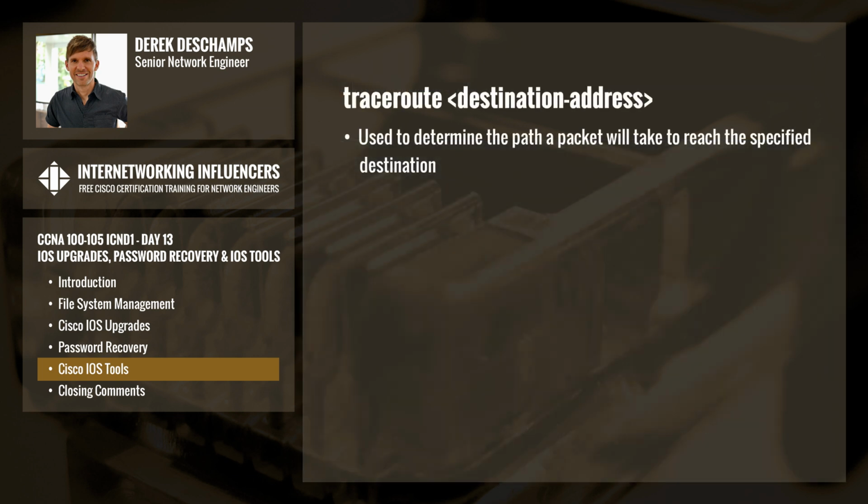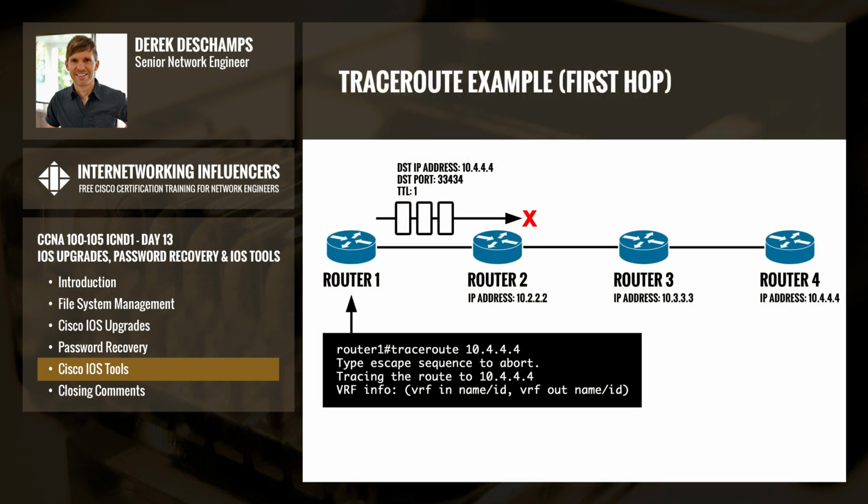The TRACEROUTE command is used to determine the path a packet will take to reach the specified destination. For example, with this network, the TRACEROUTE command has been used on router 1 to determine the path a packet will take to reach router 4. To identify the first hop in the path,